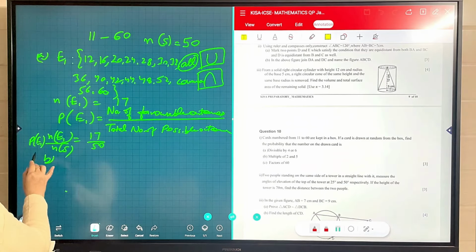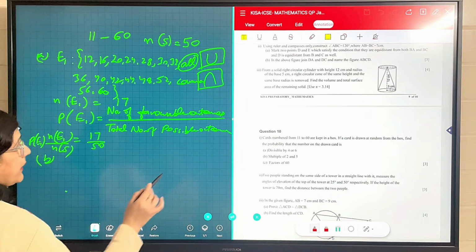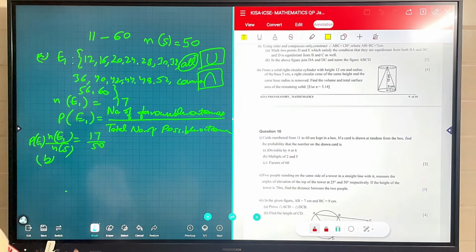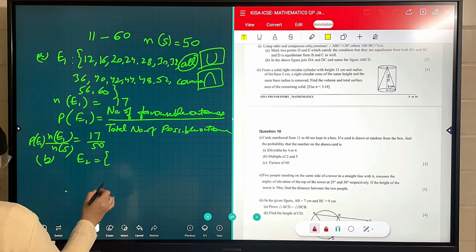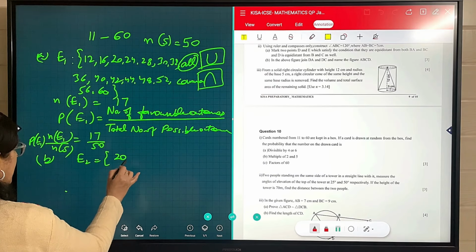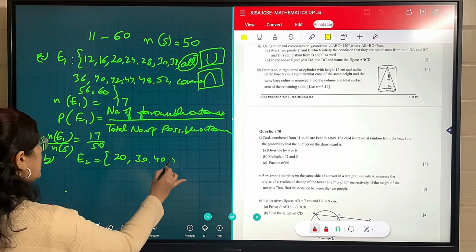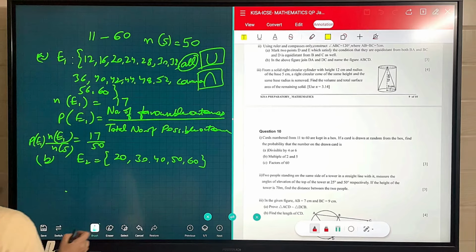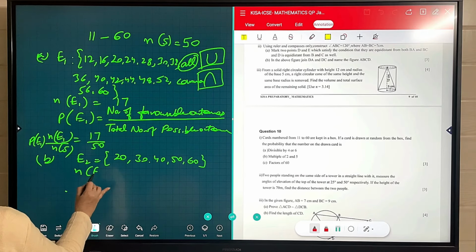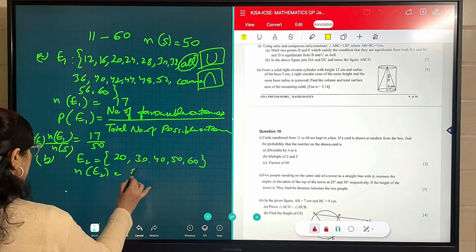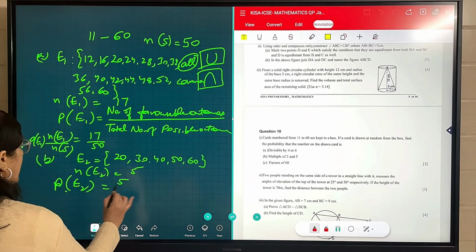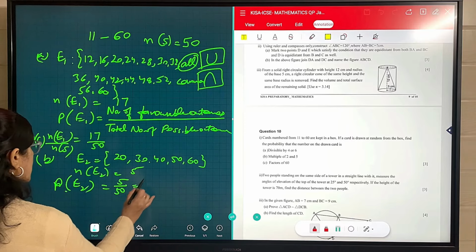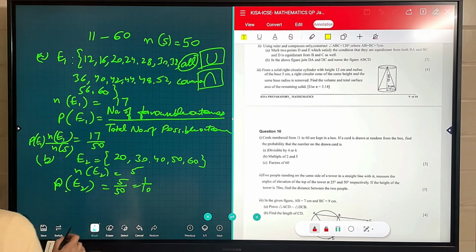Now B part, multiple of 2 and 5. So from 2 and 5, only the common multiples of 2 and 5 we have to take. So for E2 our sample space will carry the common multiples of 2 and 5, meaning multiples of 10, so 10, 20, 30, 40, 50 and 60 including 60 also. So they are in number of cards, how many are these? 1, 2, 3, 4, 5. So in this case you will write down the formula again, but I am not writing. Probability of E2 is equal to 5 upon total number of cards, 50. So it means 1 upon 10 is the answer for B part.